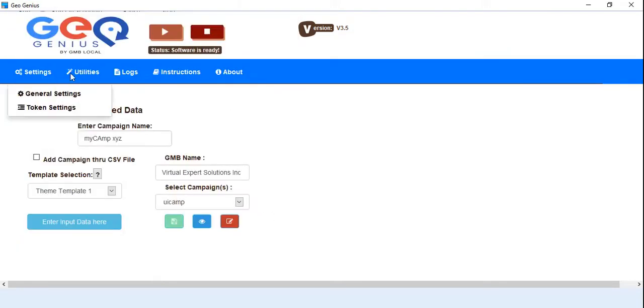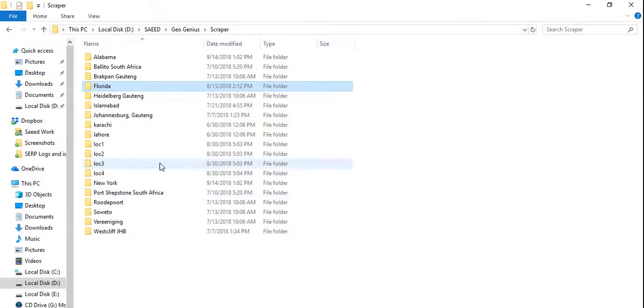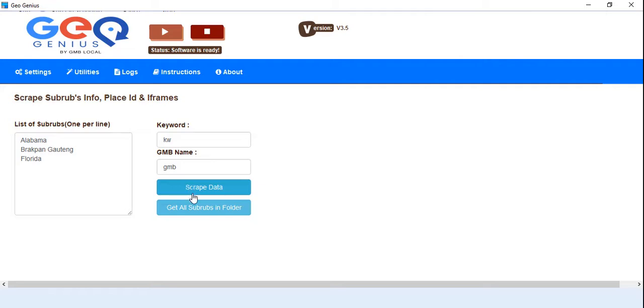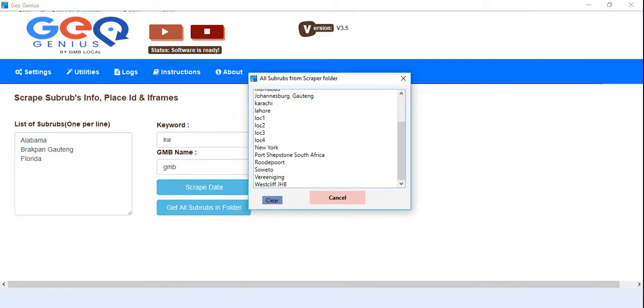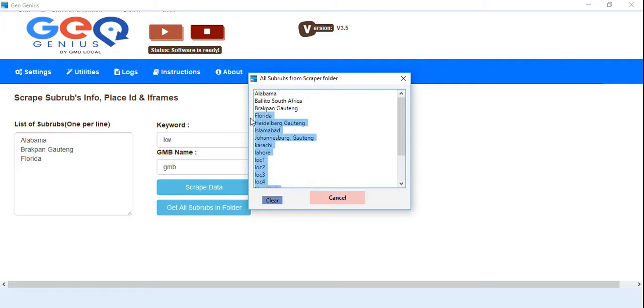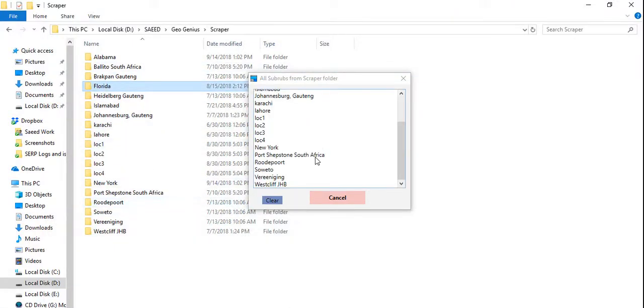So here I have another feature, get all suburbs in folder. Suppose you want the list of all folder names that you have already scraped. You just have to hit this button. A dialog box shows you all the folder names, all the suburbs that have been saved in the scraper. So we have these folders here, and this dialog box is showing all the folder names. You can just copy from this